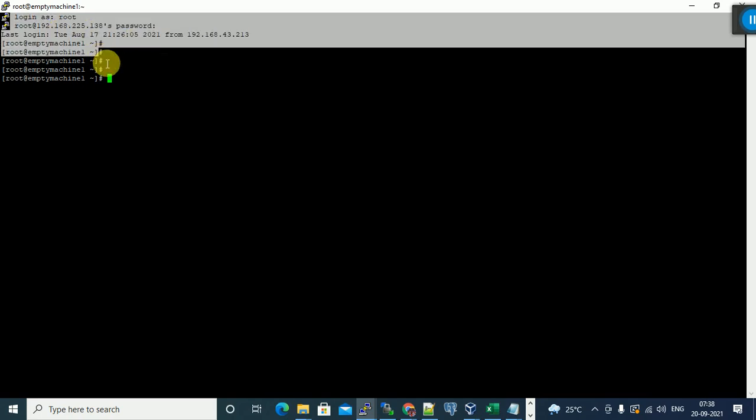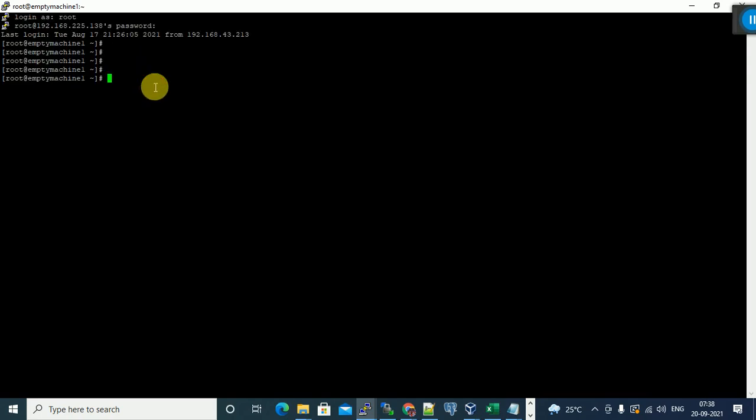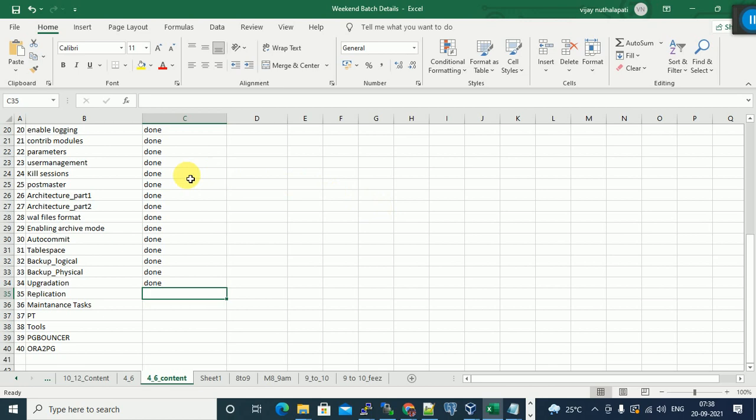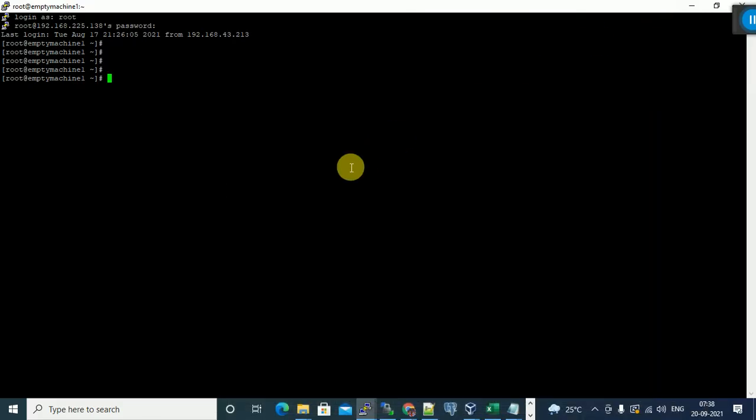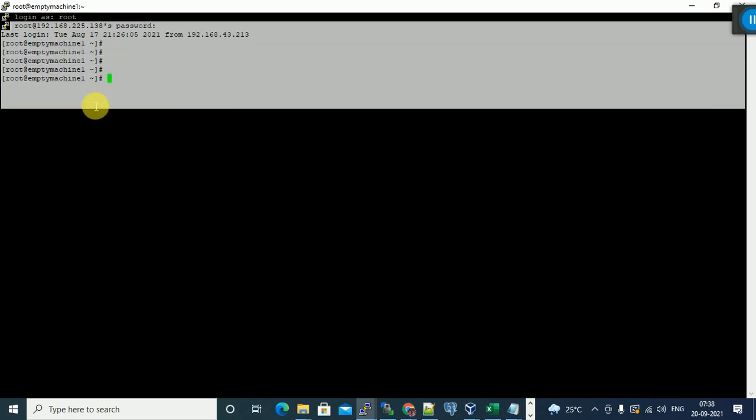These details, the Linux username and password, the Linux admin will give. The IP addresses in the project they will provide. What are the servers, what are the IP addresses, what is the host name, what is the user? Everything they will provide in an Excel sheet. That Excel sheet we call an inventory sheet. Inventory means server details.